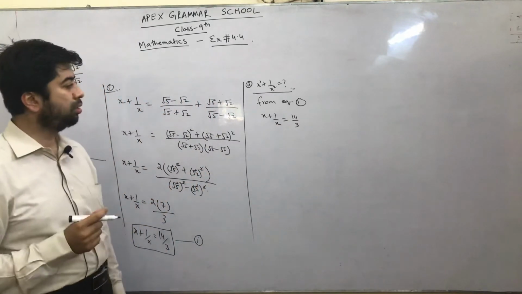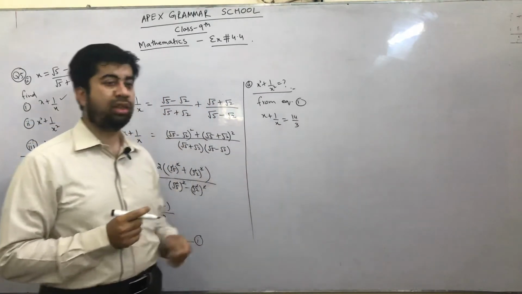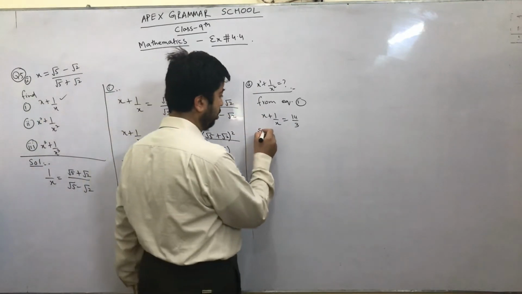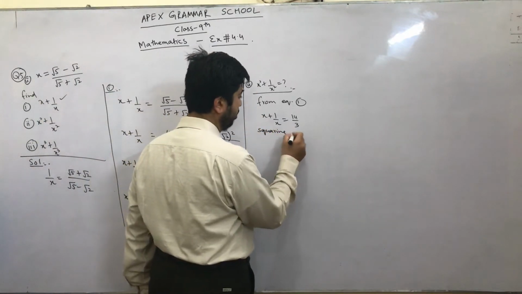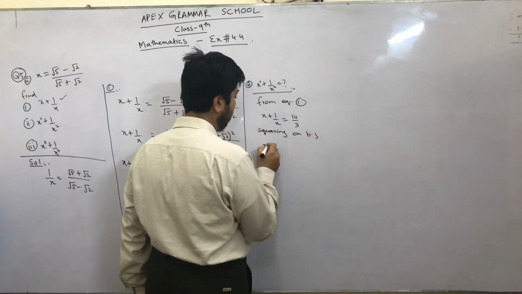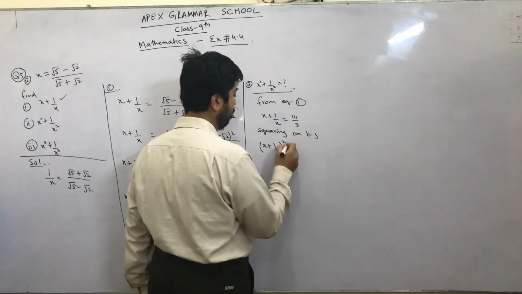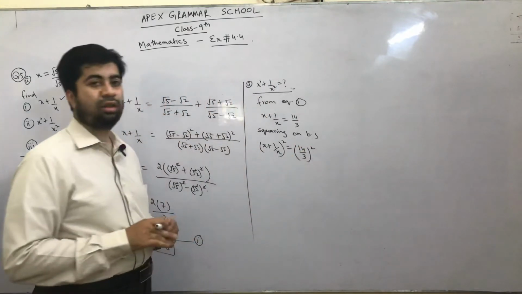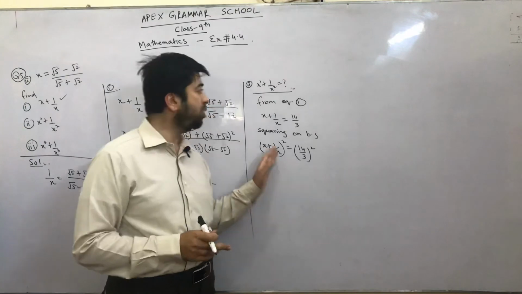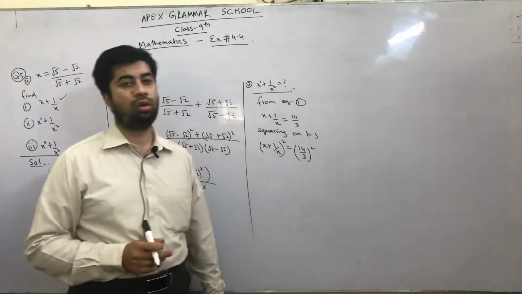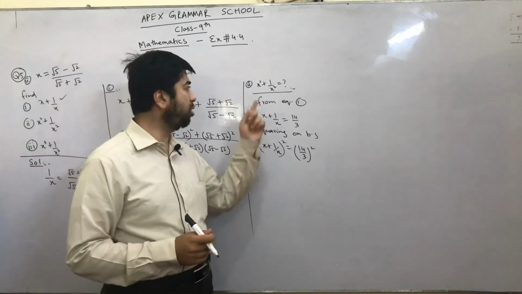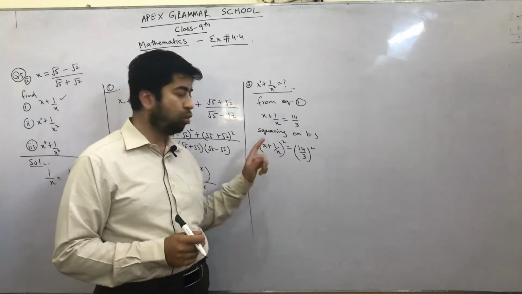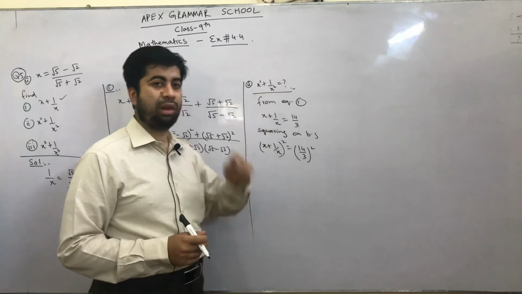Now, squaring on both sides because we have to approach x square plus 1 over x square. So, squaring on both sides, that means x plus 1 over x whole square is equal to 14 over 3 whole square. Think about that. Is this thing similar to x square plus 1 over x square? No. a plus b whole square is not equal to a square plus b square. So we just have to open this formula to approach towards x square plus 1 over x square.